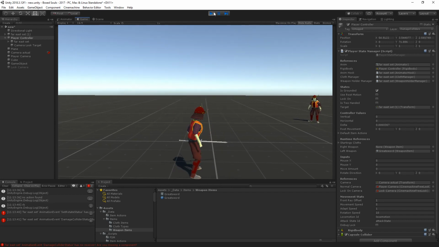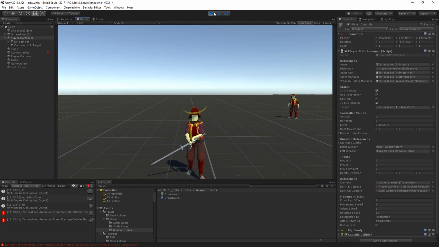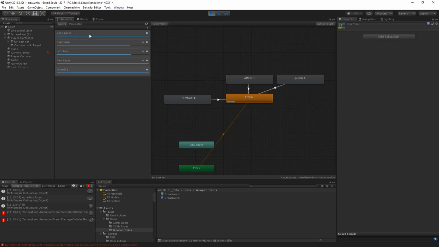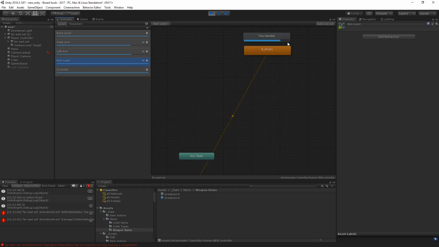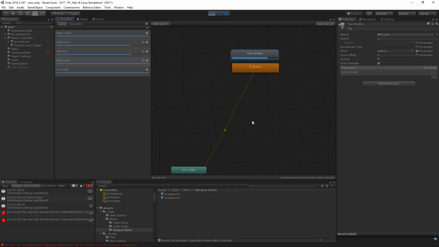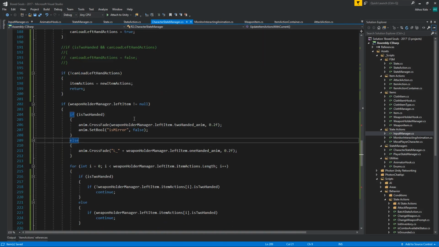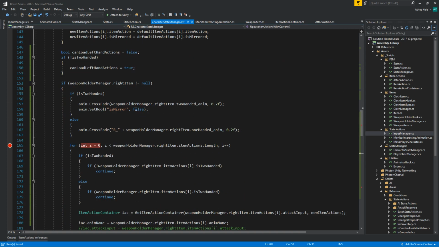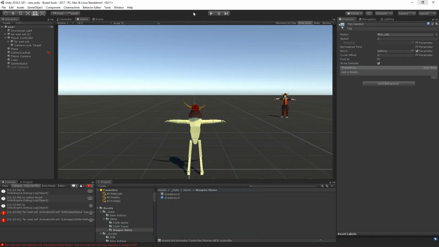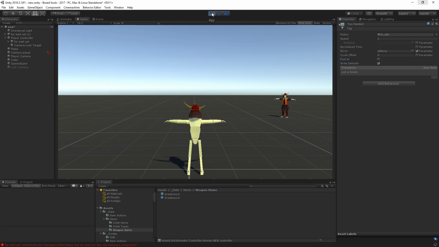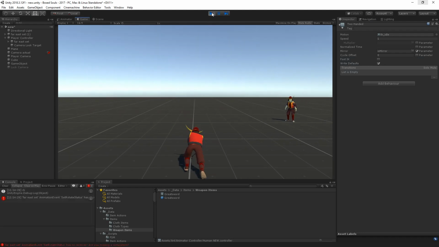I think that is. No, maybe it's not mirrored. Let's see. Yeah, okay. This needs to be true. This needs to stay false. Okay, so I think that's it for this part. Okay, we've done a couple of things. We basically now have two-handed. Yeah, okay, everything is working perfectly,